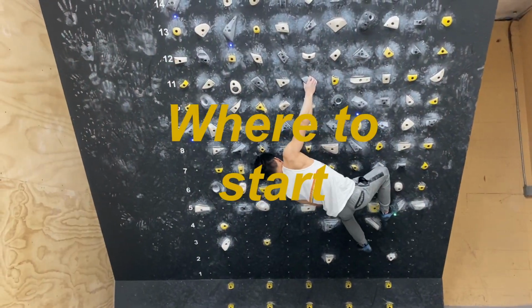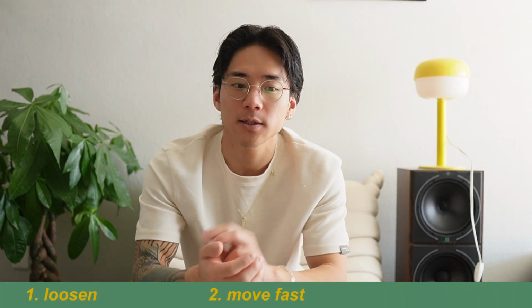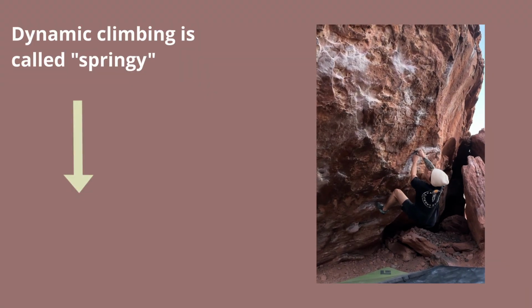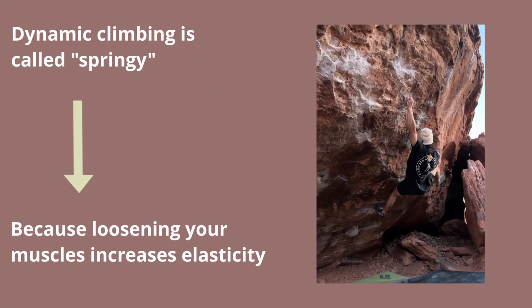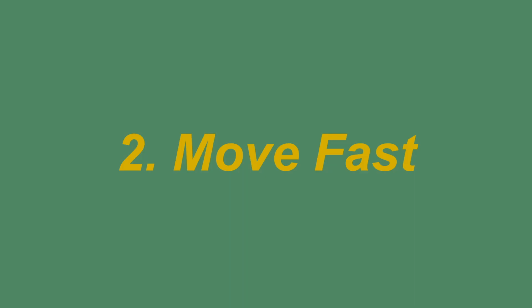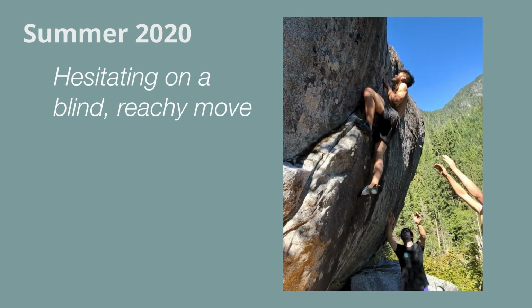So where should beginners start? If you're new to dead pointing, then try to remember 3 steps. 1 is to loosen, 2 is move fast, and 3 is tighten. In order to execute dynamic moves, you'll need to be loose to create power. People often call dynamic climbing springy, and it's because the elasticity you'll get from not being tight allows you to generate more power. Move fast is more of a cue to help beginners who are more intuitive to remember that dead pointing is dynamic, and it's common for some beginners to want to climb slow and static,